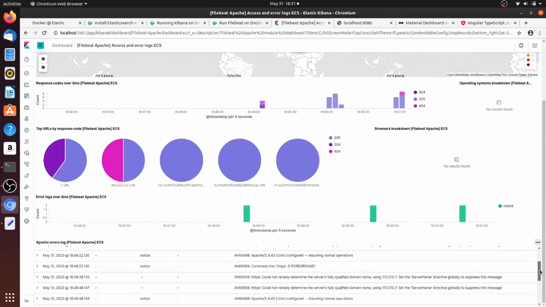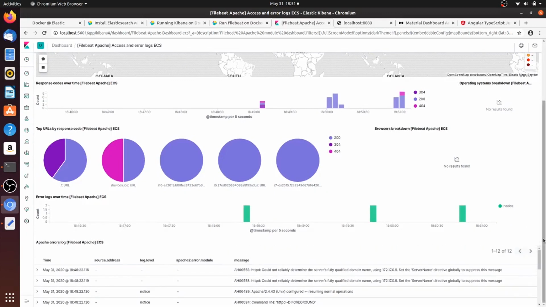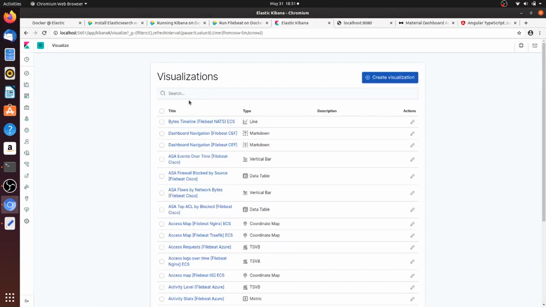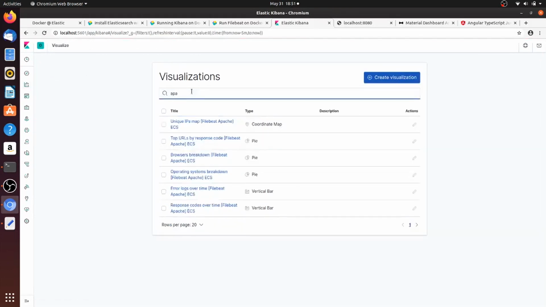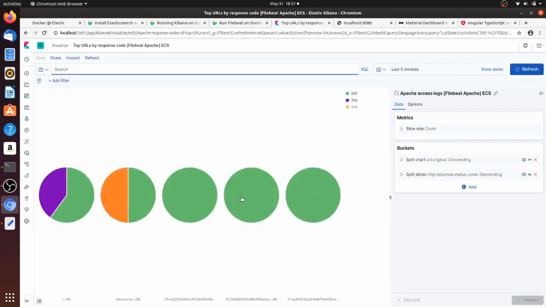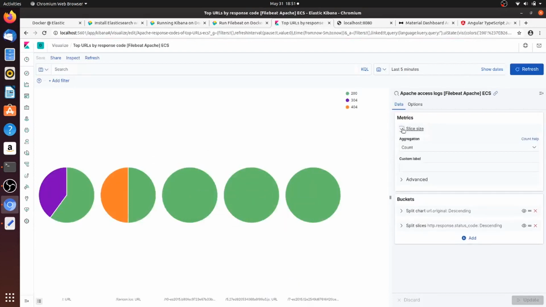Here you can see all the logs, error logs. Okay, so this is the dashboard which I wanted to show. There is another thing called Visualize, which also got added. If you want to visualize the data, for example, I will take top URLs and responses that we have seen there. If you want to see it in a pie chart like this, along with the data that has come, all these things will be stored here, so you can access and see the data with some queries.